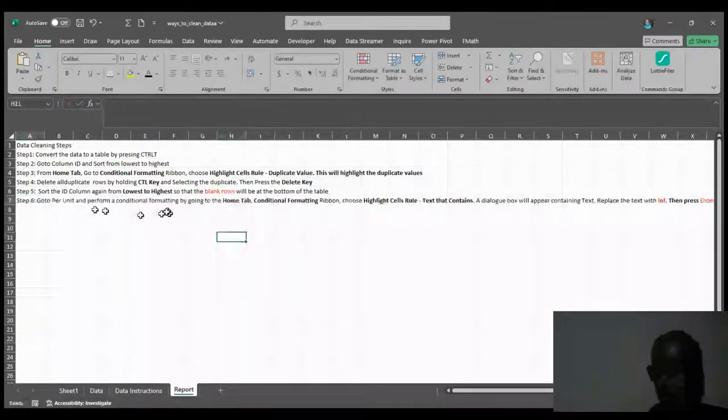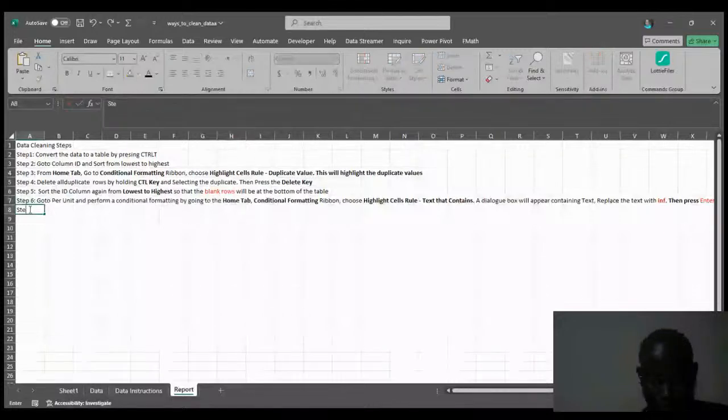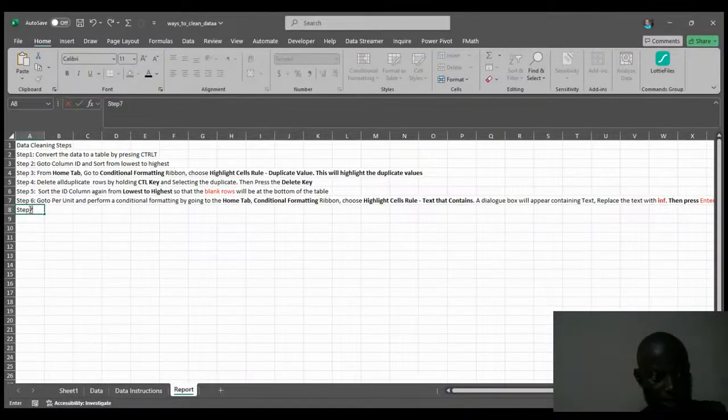Now step 7. After we are done with this, the next one is step 7. And in step 7, what we're gonna do is that after we are done with that, we also sort